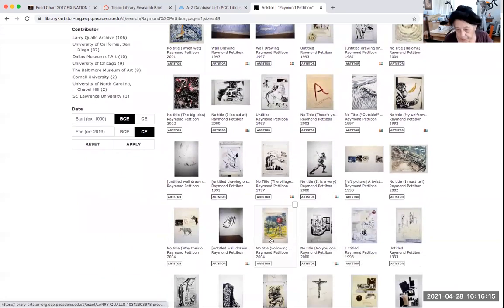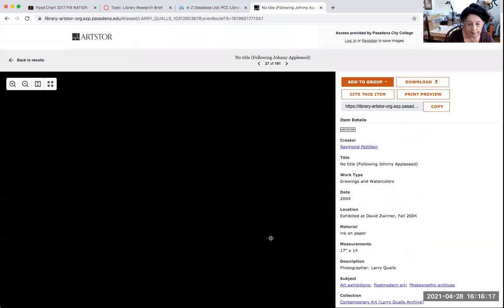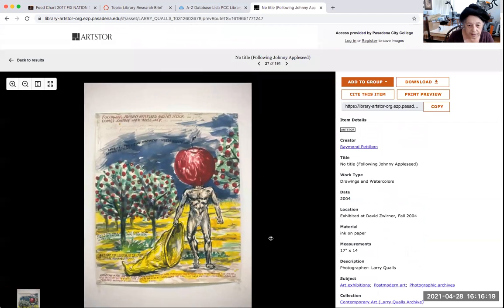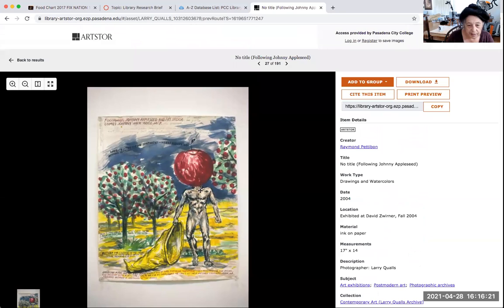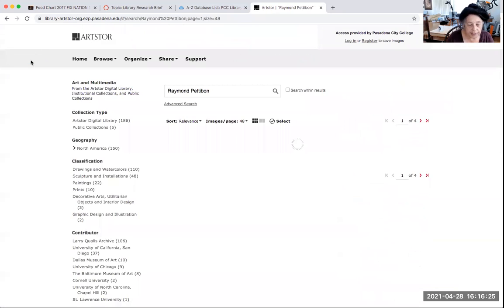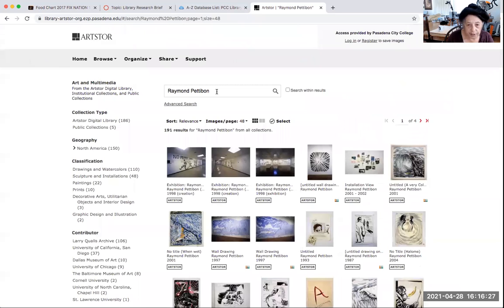So here's another one of Raymond Pettibon's drawings. Text, imagery, that's pretty standard for his work. Let's look at,